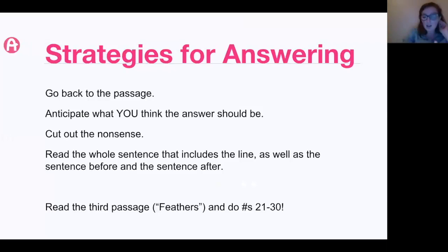Then you get the context of the information. You get whether the author is refuting that or is on board with that. You get a lot more of the relationship of the bit of information in addition to what the information itself is. And then I think that with your students, tell them just follow your gut when it comes to cutting